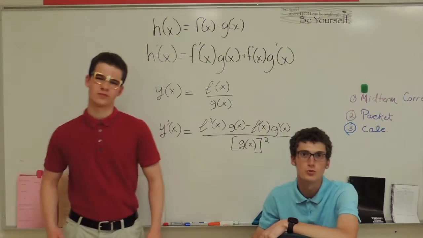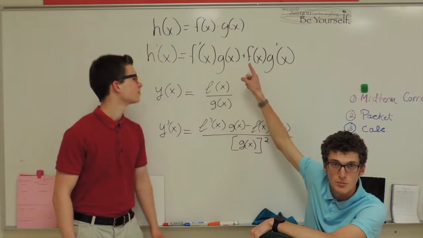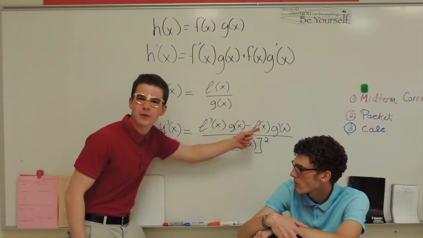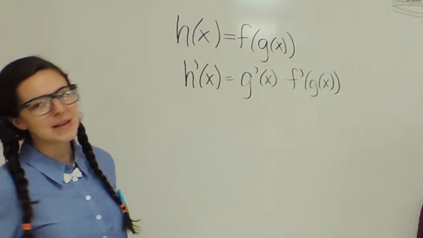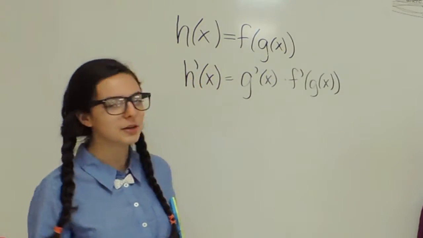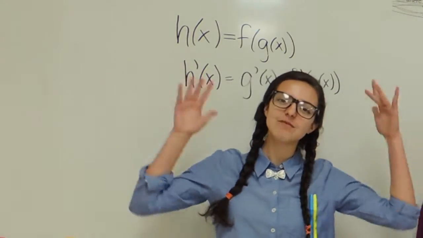Next we'll do the product rule, two functions multiplied, f prime g plus f g prime, the formula this time. Third is the quotient rule, the function that divides: f prime g minus f g prime over g squared. Finally the chain rule, one function in another. It may seem complicated, but we can help each other. Grab the inner function, then do it to the outer, multiply them together like an internet router.